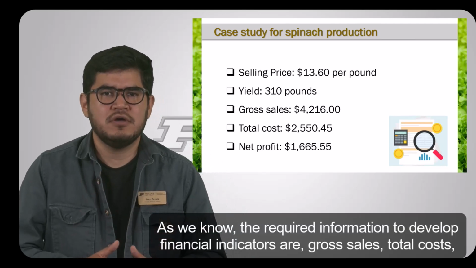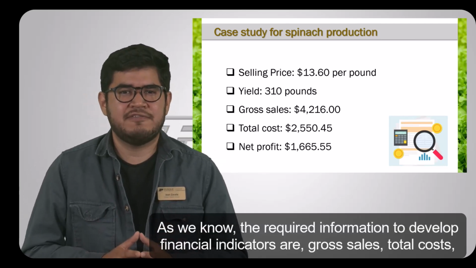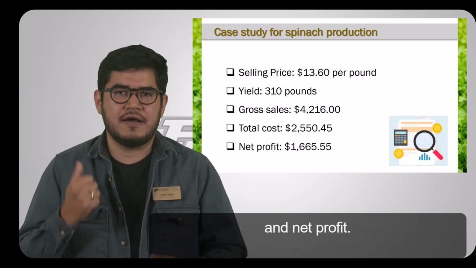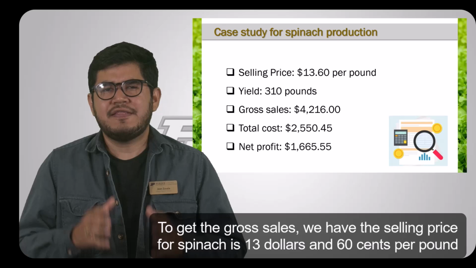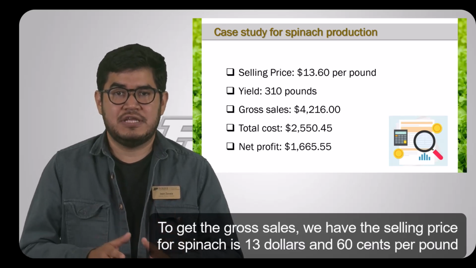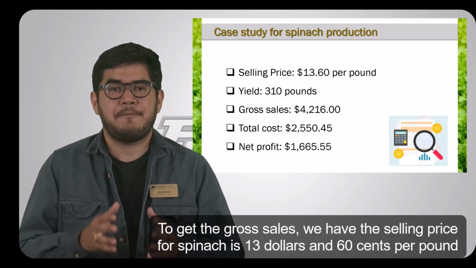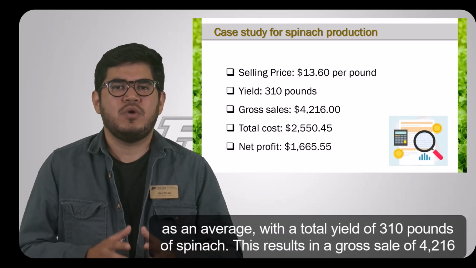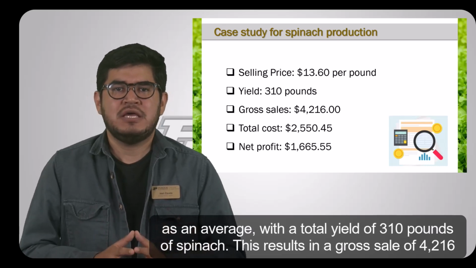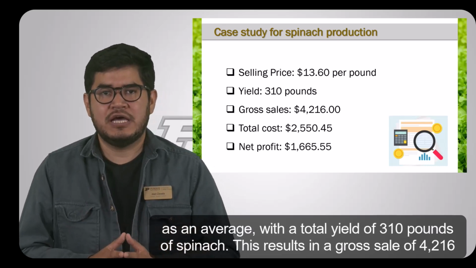As we know, the required information to develop financial indicators are gross sales, total cost, and net profit. To get the gross sales, we have the selling price for spinach, which is $13.60 per pound on average, with a total yield of 310 pounds of spinach. This results in a gross sale of